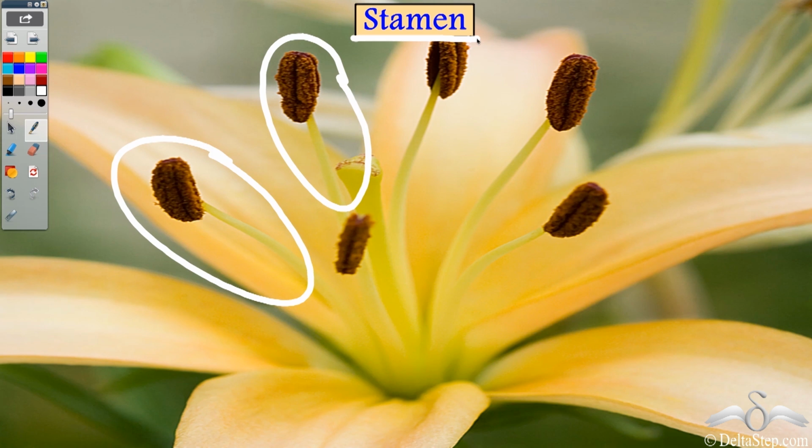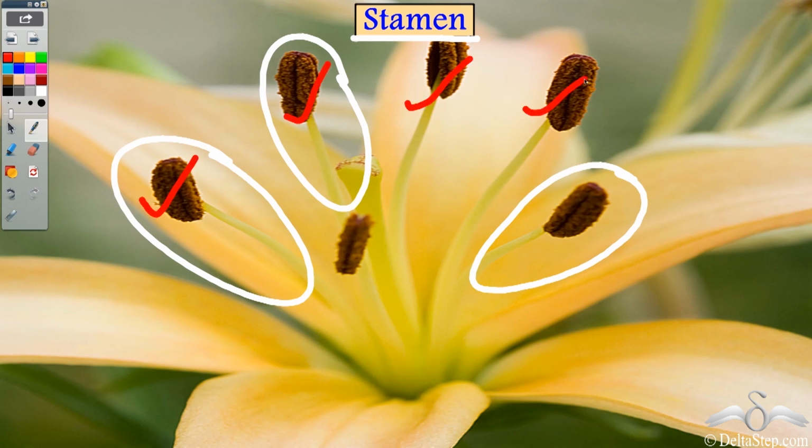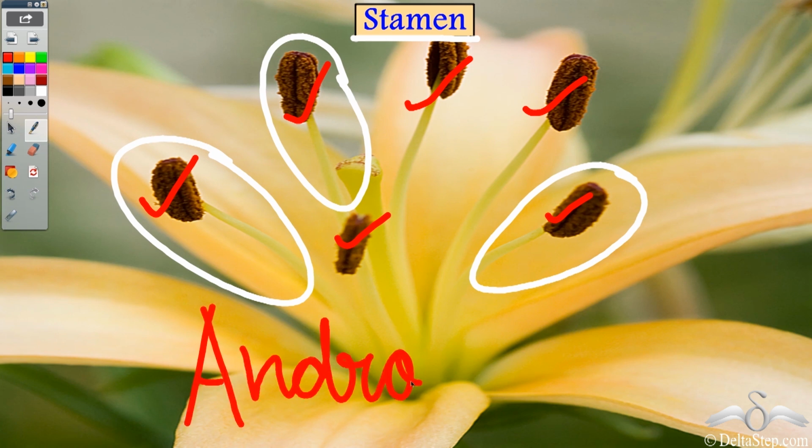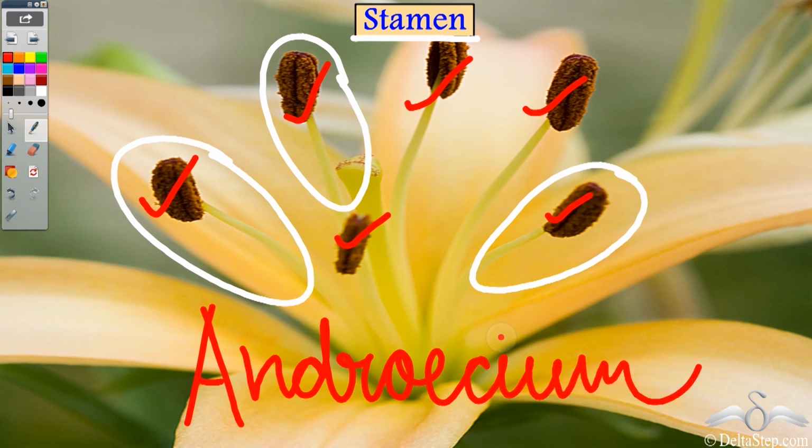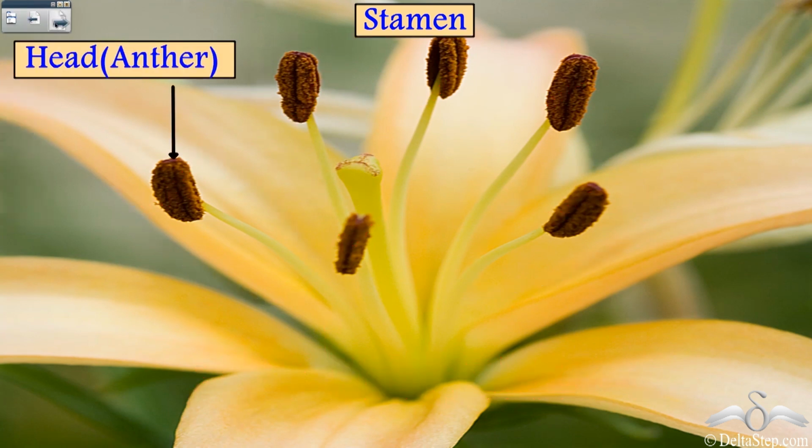See, this is a stamen, and all of these stamens together form the androecium, which is the male reproductive part in a flower. Now we have learned that this whole thing is known as stamen. But if you see, the stamen also has got its own parts.